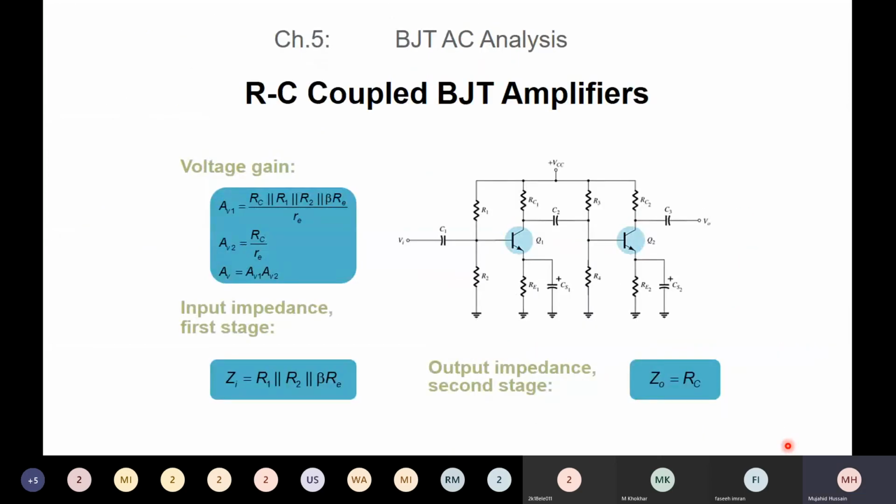Now this is the last topic of chapter number 5, RC coupled BJT amplifier. This is also a kind of cascaded amplifier. You can see the first stage is the voltage divider configuration, and the other is also a voltage divider configuration, and both of these two are coupled with a capacitor. So this is the RC coupled BJT amplifier. You can see the voltage gain of stage 1 will be the resistances of the output of stage 1